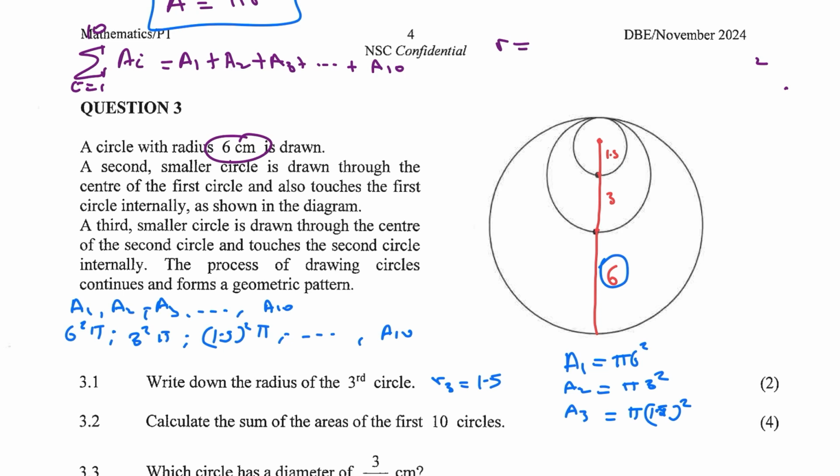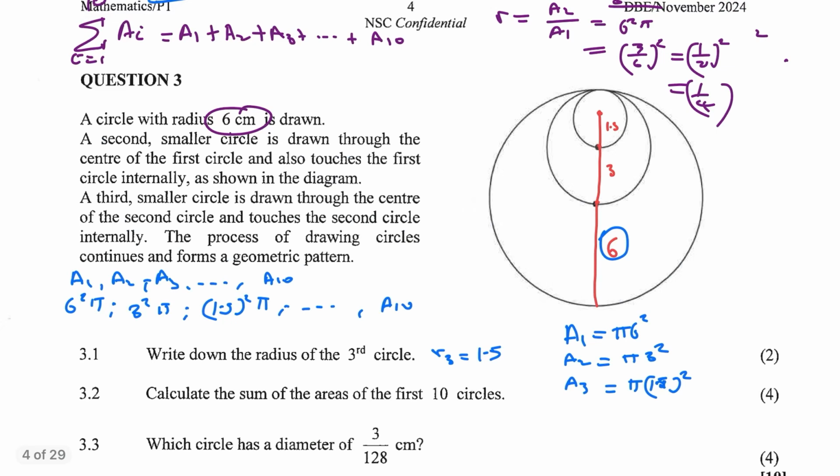You take the second term divided by the first term. In this case, you have 3 squared pi over 6 squared pi. This is basically (3 over 6) squared, which is 1 over 2 squared, which is 1 over 4. So let's also do that with